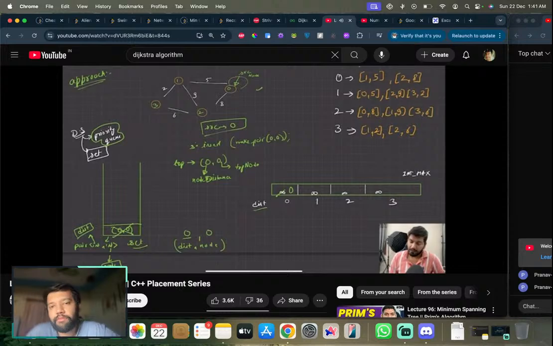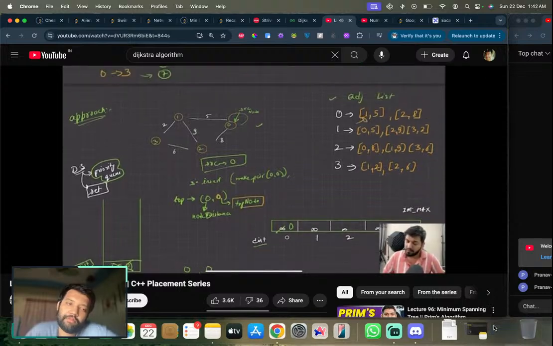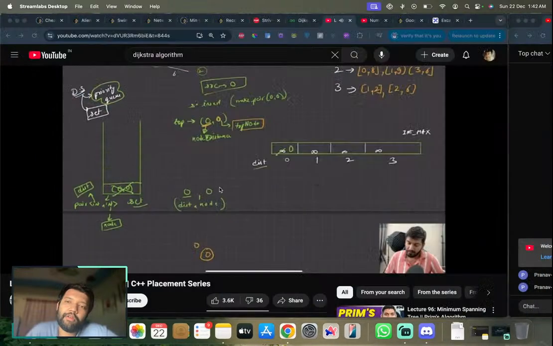उसको मैंने यहां से हटा दिया। अब बस मुझे क्या करना है, इसके नेबर्स पे जाना है। कौन सी नोड के नेबर पे जाना है, मुझे टॉप नोड के नेबर पे जाना है। टॉप नोड कौन सी है, 0 है। तो 0 के नेबर पे गए, पहला नेबर क्या है, 1। तो ध्यान से सुनिए, मैं ये कह रहा हूं कि मैं एक नोड पे खड़ा हूं जिसका नाम है 0, और 0 तक पहुंचने में 0 ही डिस्टेंस लग रहा है, ठीक है।